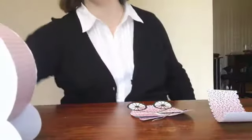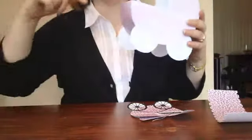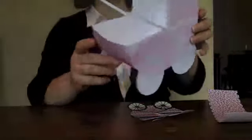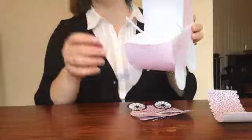There! Today I'm going to be showing you how to make a little baby carriage using my templates that are available on Etsy. The address is below. So this is what the jumbo one looks like. This is suitable for small baby gifts and little tiny clothes and socks and stuff, and you can wrap it